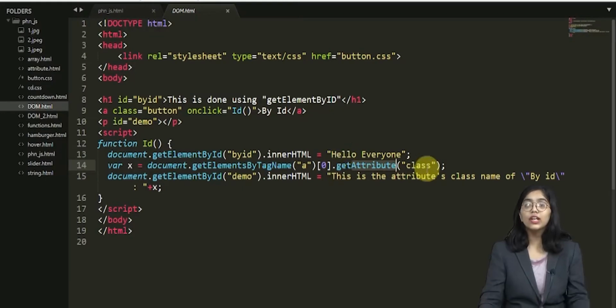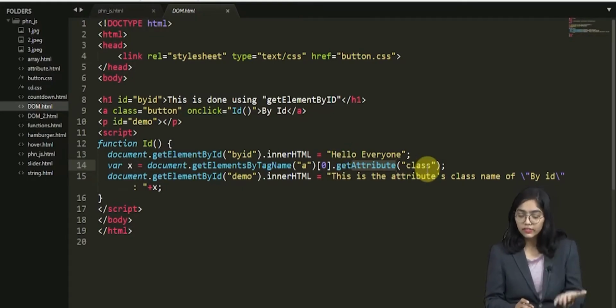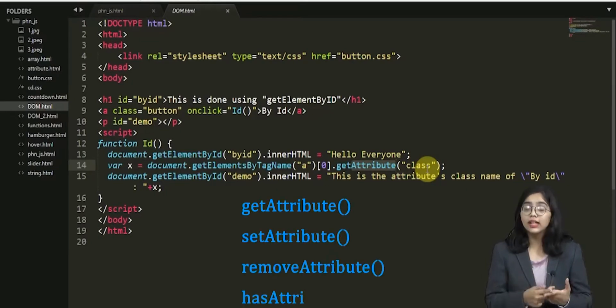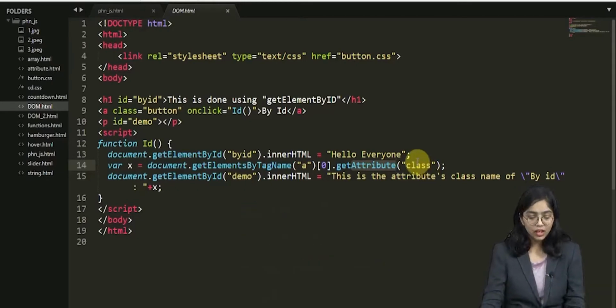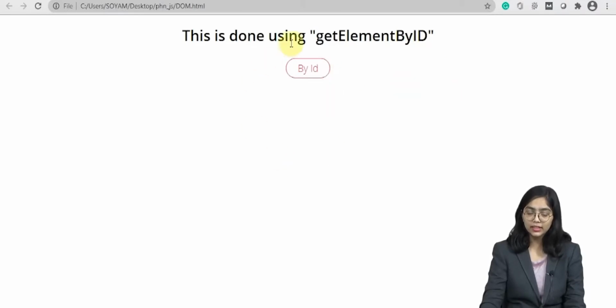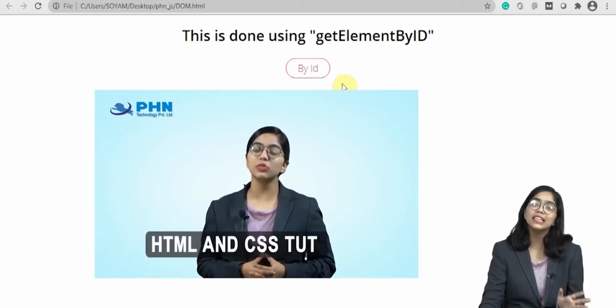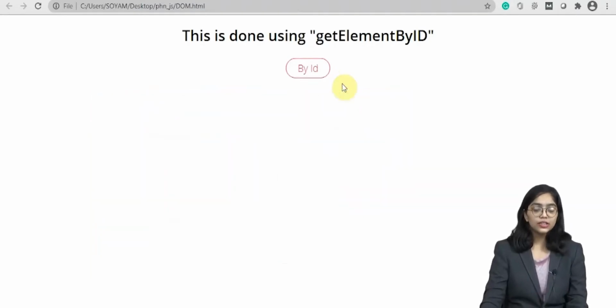getAttribute class. In this way, I have taken an attribute using getAttribute. You can also do setAttribute, and you can also delete attributes, and we will learn about them more in a practical approach during the practical examples of JavaScript. Now this is going to give us some output. This is my screen. I have styled this button using HTML and CSS only. If you want to learn how to style this kind of button, you need to go through the HTML and CSS tutorial.